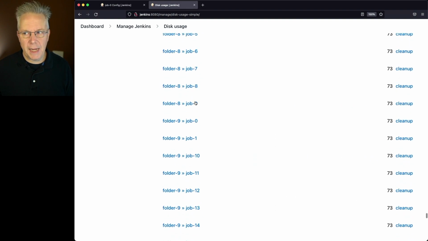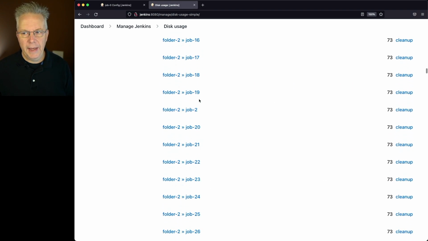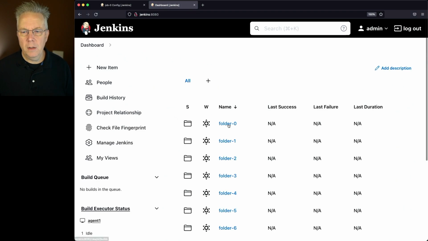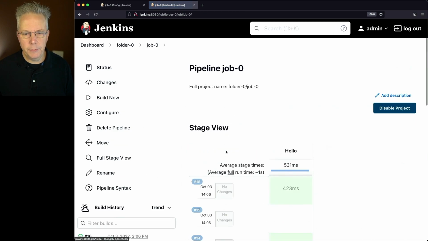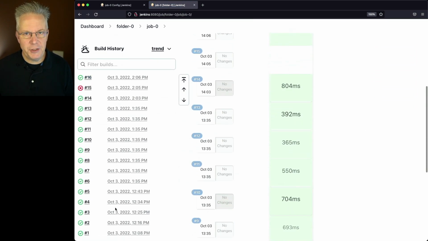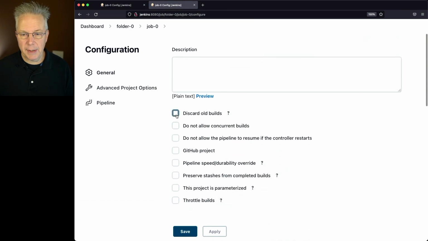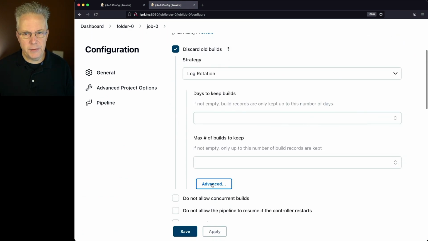So let's go back up top and again take a quick look at our folder 0, job 0. We can see that the disk usage is 231. Let's go take a look at that job. Folder 0, job 0. We can see that we've run 16 jobs here over time. What I want to do is set up Discard Old Builds on this. Now, I could do this by just clicking this checkbox and setting the values here that I want, but I